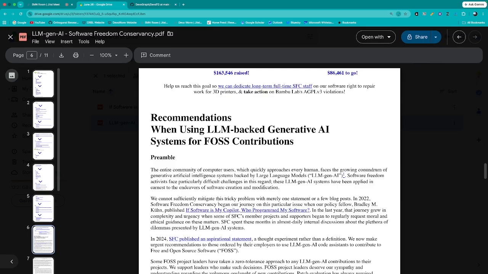So in 2022, this article that we just covered was published. In the last year, that journey grew into complexity and urgency when some of SFC's member projects and supporters began to regularly request moral and ethical guidance on these matters. SFC spent these months in almost daily internal discussions about the plethora of dilemmas presented by LLM generative AI systems.